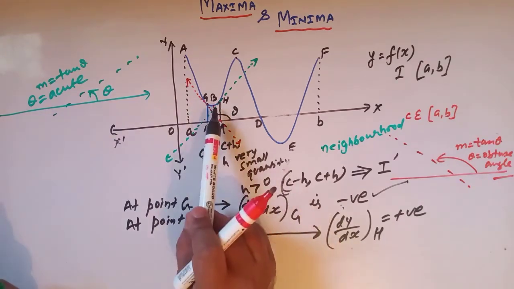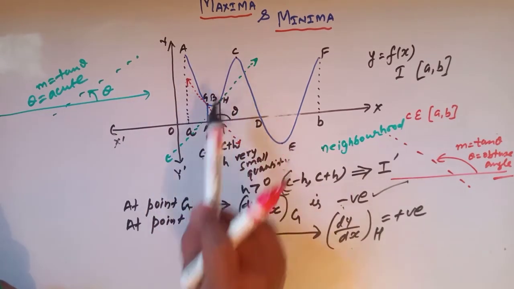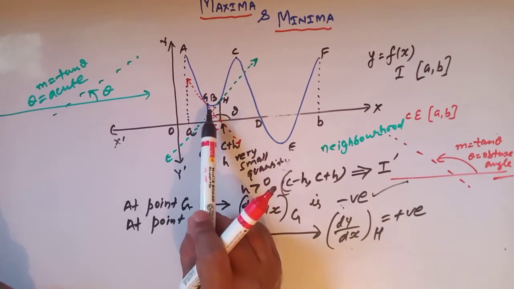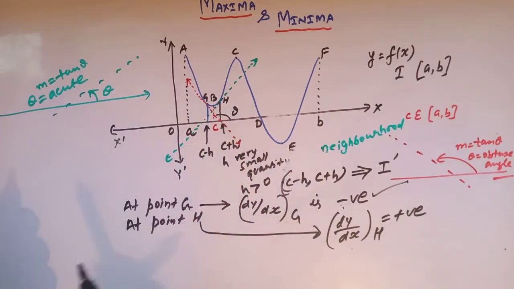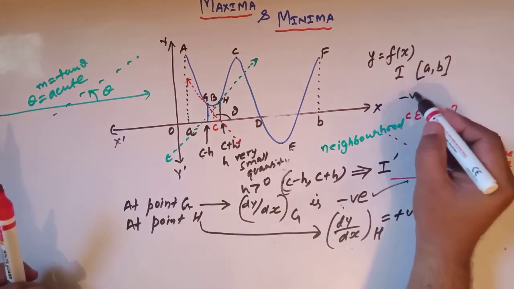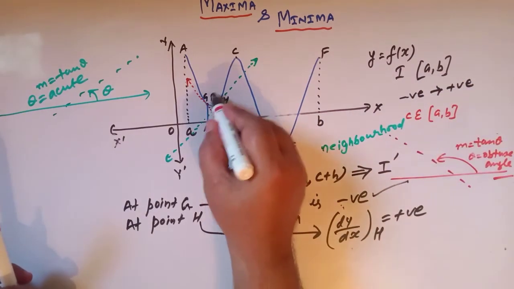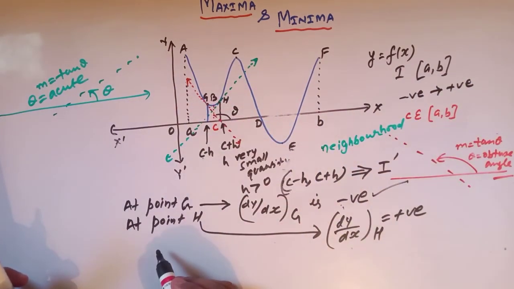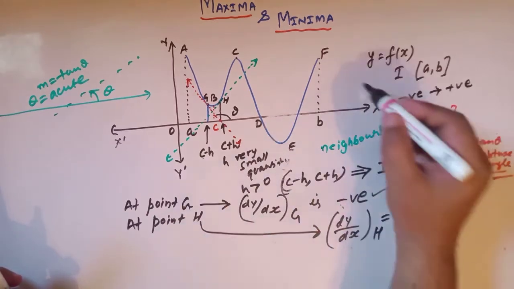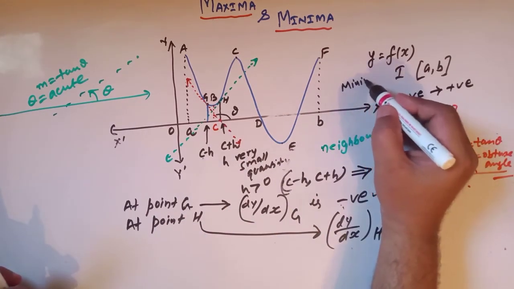So when such a situation arises and the slope, or the derivative, changes sign from negative to positive, then such a turning point B is known as a point of minima, a point of minima,